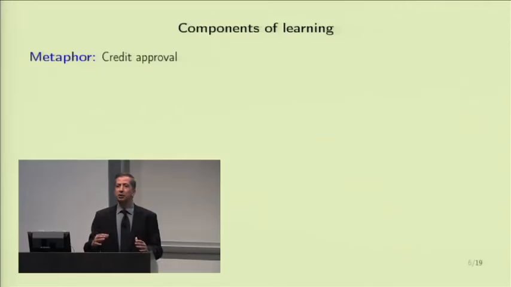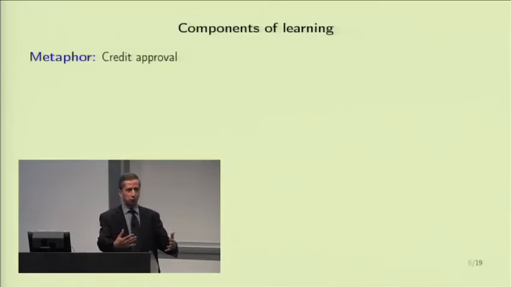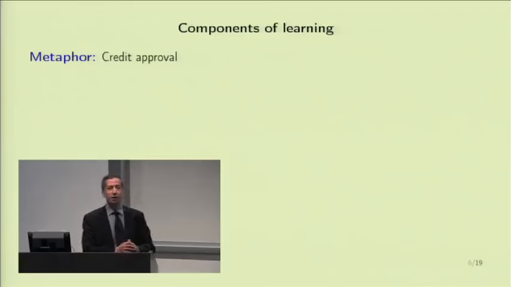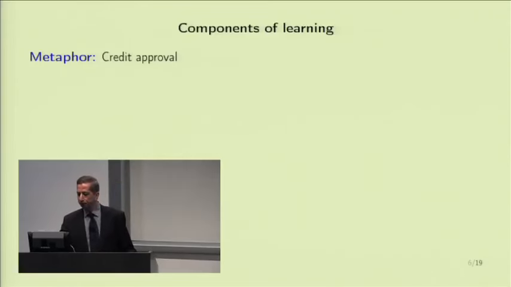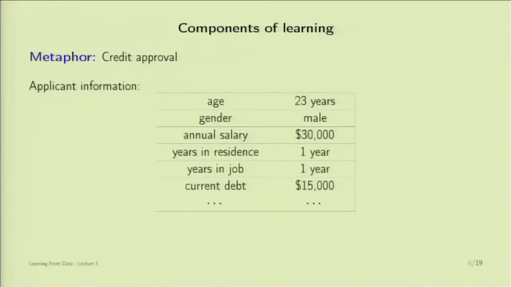What they are going to do, they are going to rely on historical records of previous customers and how their credit behavior turned out, and then try to reverse engineer the system. And when they get the system frozen, they are going to apply it to a future customer. That's the deal. So what are the components here? Let's look at first the applicant information. And the applicant information, you can see that there is the age, the gender, how much money you make, how much money you owe, and all kinds of fields